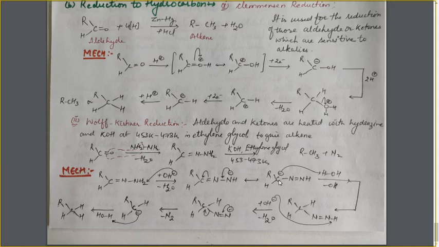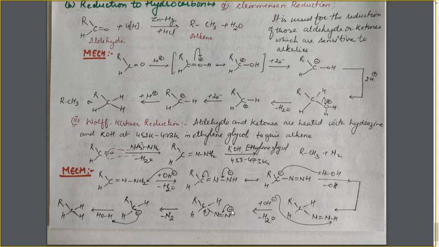This species is a very strong base, because here the carbon atom is having the negative charge. It is behaving like an alkylide ion, which is a very strong base. So it will easily abstract the H positive from the water molecule, removing the OH negative ion, and this species is formed. Again, just like here, one OH negative ion will again take up the H positive ion from this nitrogen atom. As a result, this will get negatively charged.